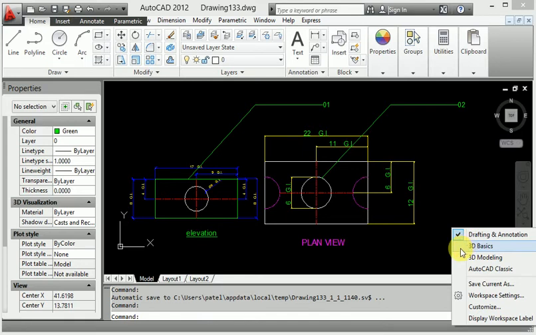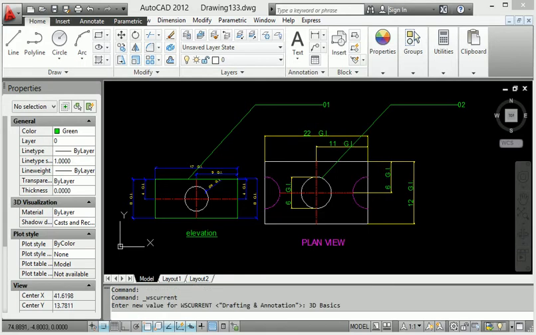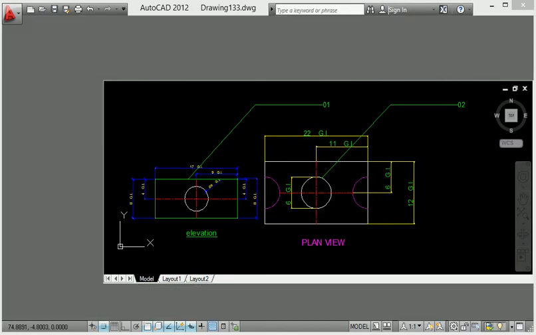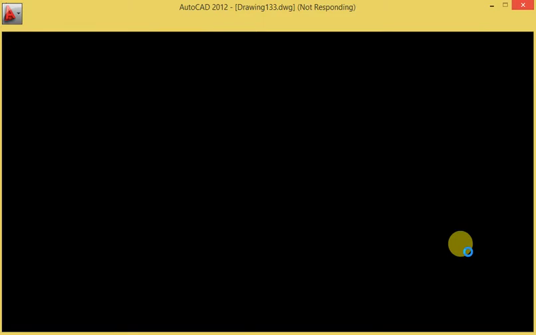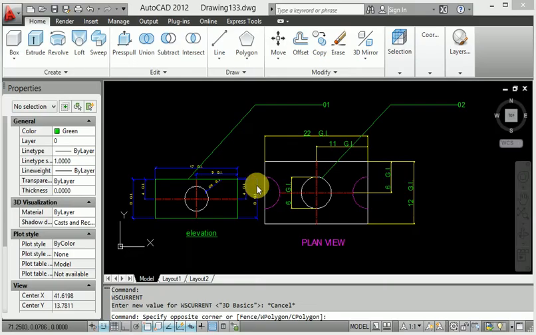So when you switch to 3D basic, you enter the 3D basic workspace. Here in 3D basic there is extrude. This is the box here, and extrude, revolve, loft, sweep.